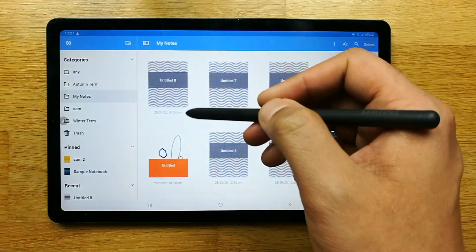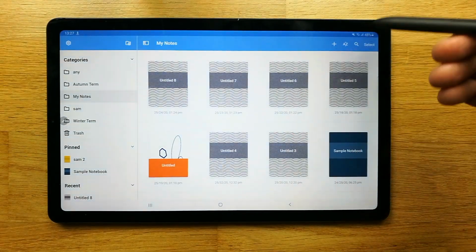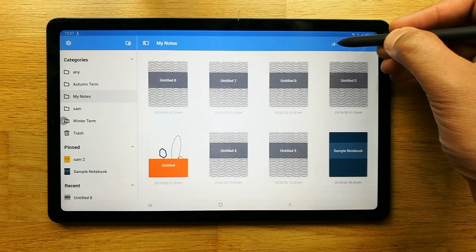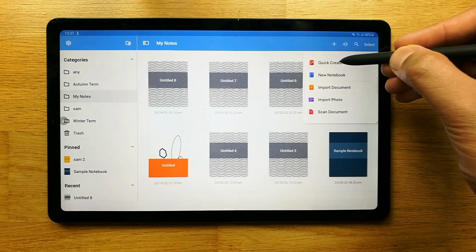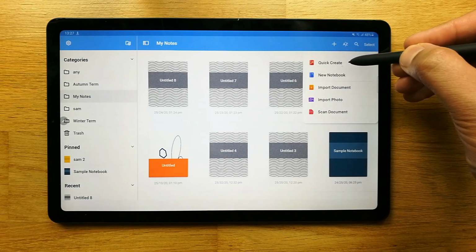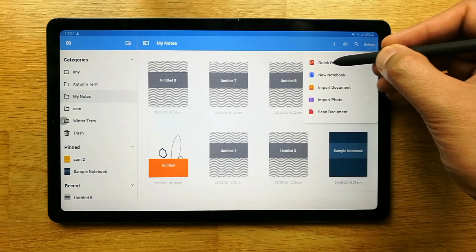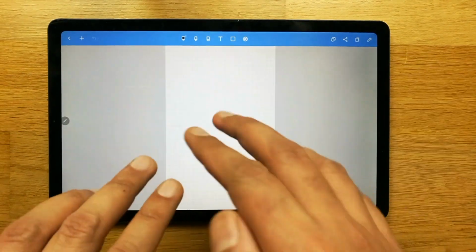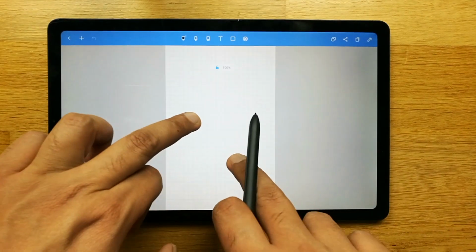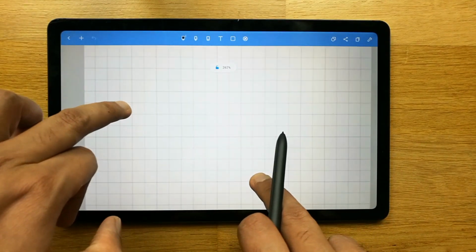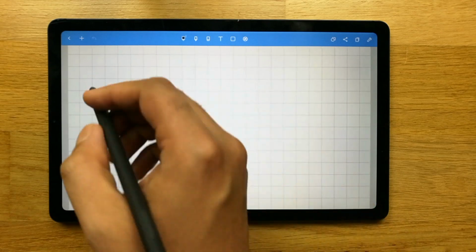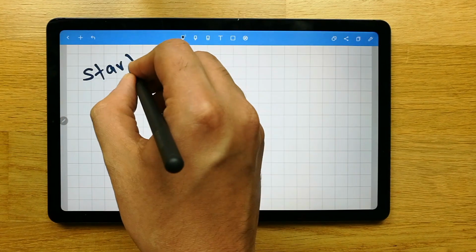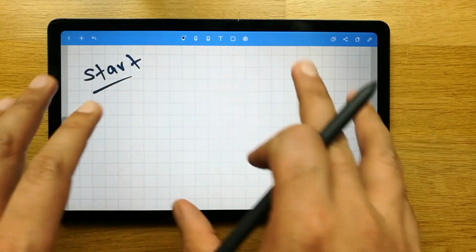It is a note taking app, so you can quickly create any note. You can see there is a plus sign over here, so I just select this plus sign, and then you see there is an option of quick create. I select this option of quick create. It will quickly create notes for me. So you can see here there is a page, and I can also make it bigger like this. And then I can also start writing. If you want to write anything, you can write anything over here and do all your work.